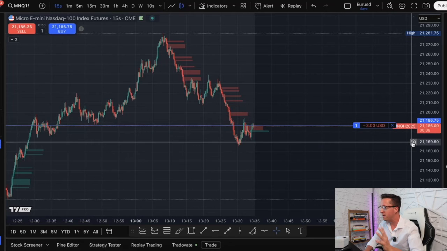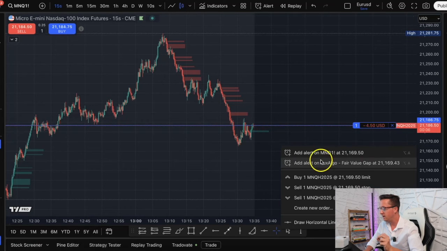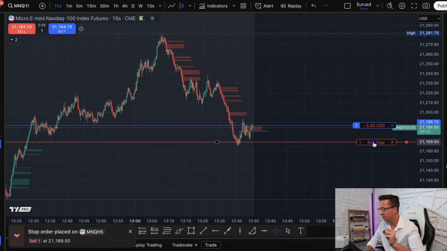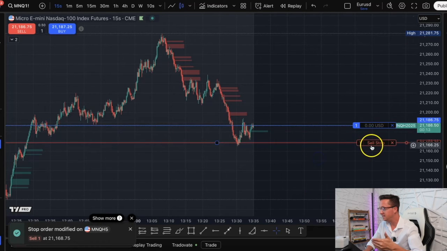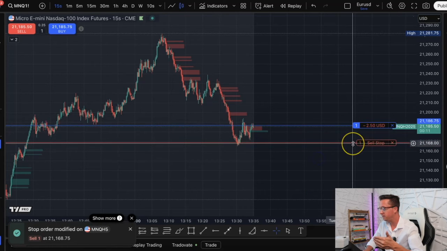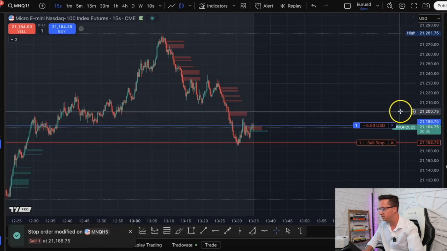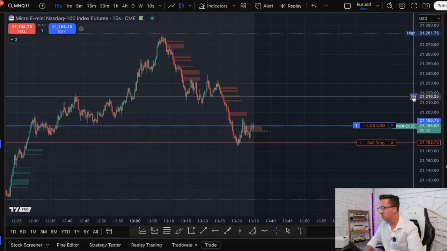And if we're in a buy position, you would click it and you would have sell stop. So sell 1 right here, because that is going to be your stop loss. Ideally, if the market comes down here, it will hit my stop loss and it will take me out of the trade automatically. And then vice versa for your TP, you would just go above your position, click this,